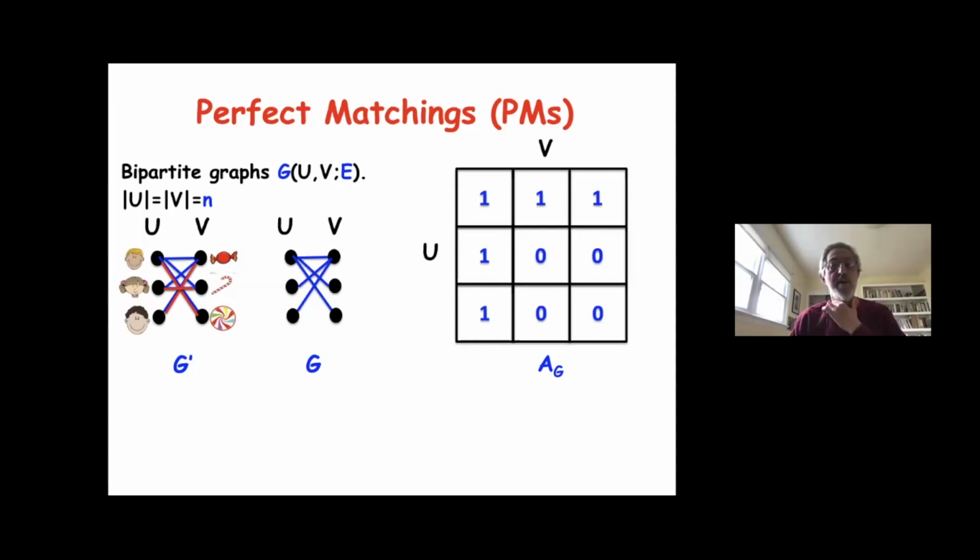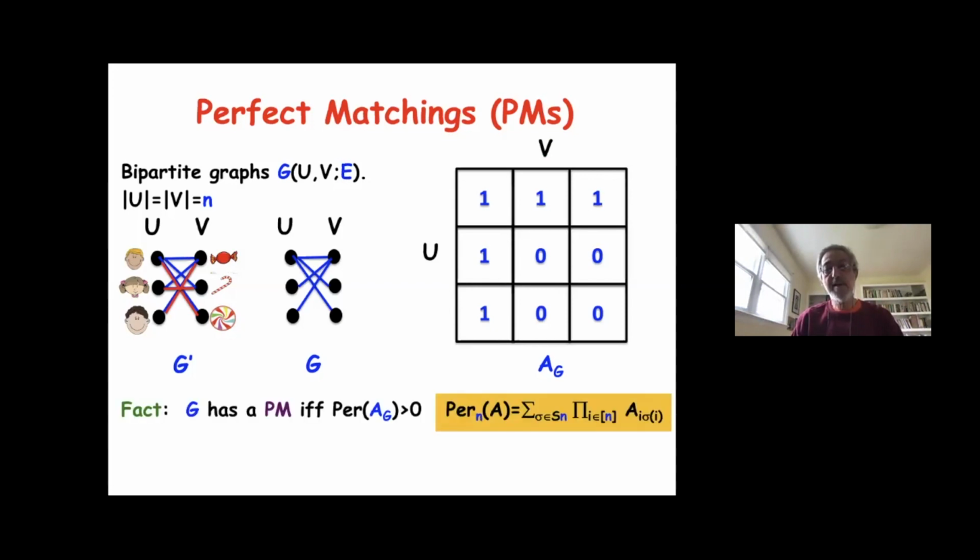Put 1 when there is an edge, put 0 when there is no edge. That's the matrix A sub G. And the question of whether there is a perfect matching in this graph is the same as asking whether the permanent of this matrix is positive. The permanent of this matrix, you see the formula in orange there, it's just like the determinant, just without